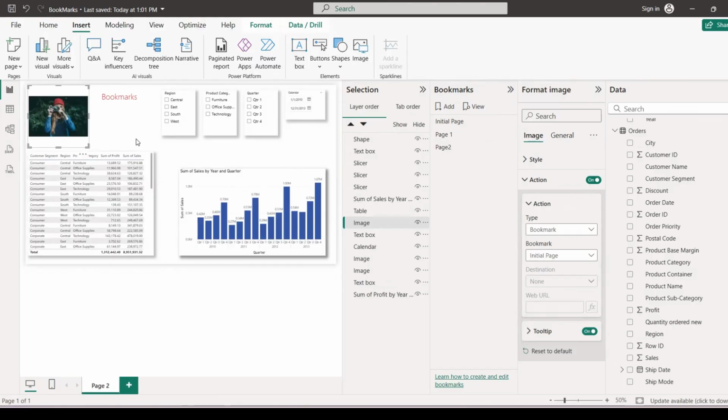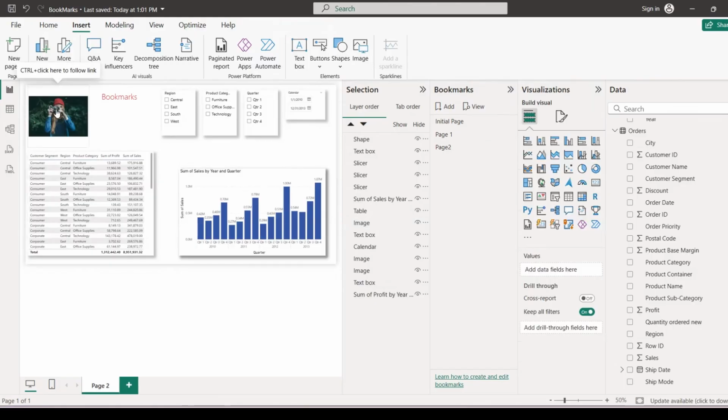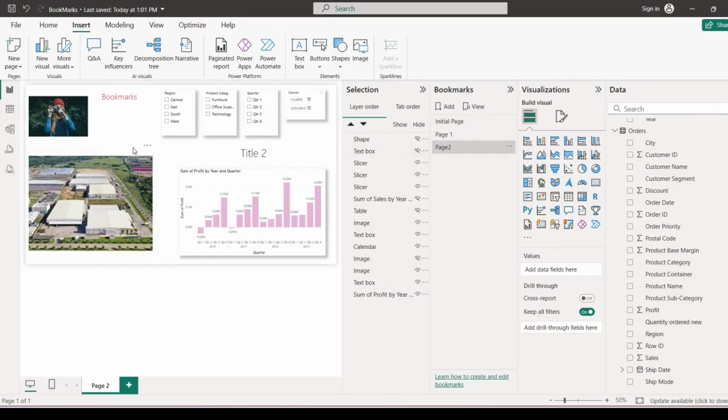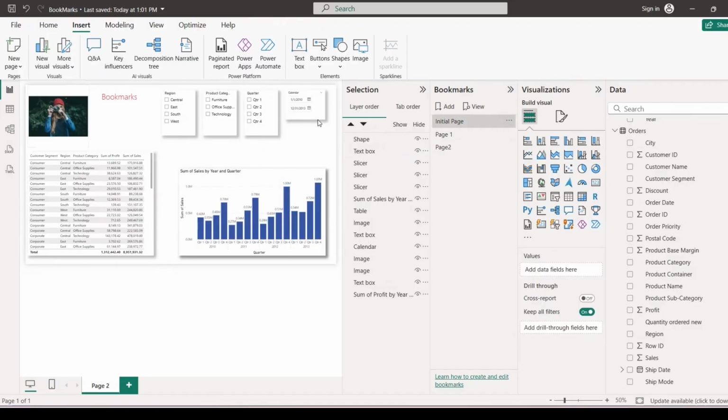And now if I hover with the mouse over the picture, we can see Ctrl plus click here to follow the link. So we need to press the Ctrl and click, and then we come to the first bookmark. So if I'm in page 2 and I'm going to press Ctrl and click on this picture, I'm going back to the first bookmark.